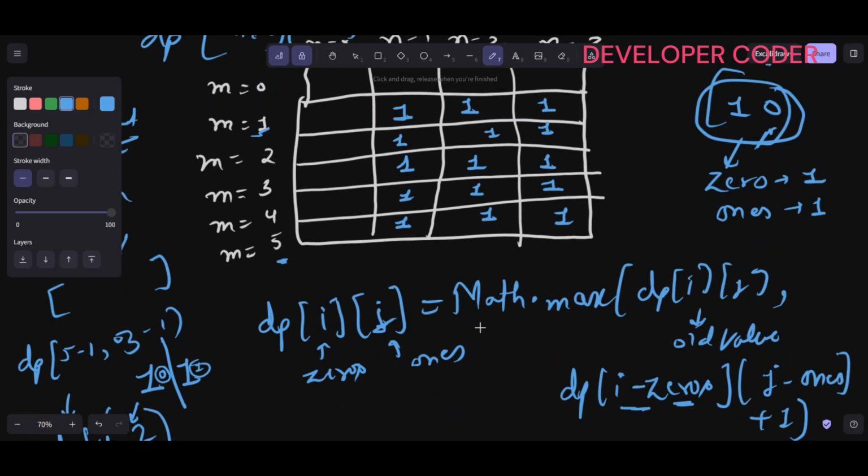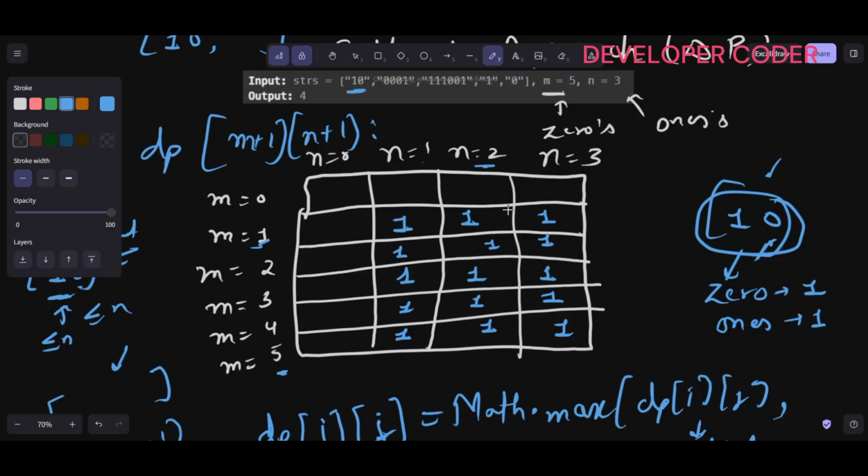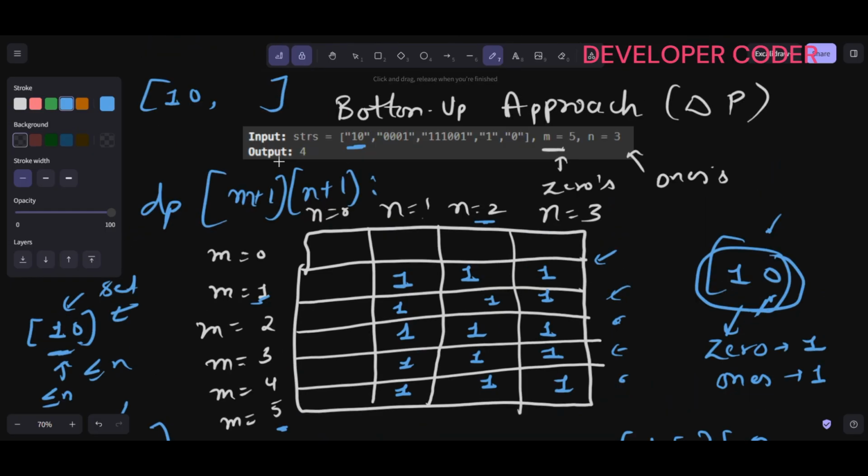So just don't get confused, just see how I filled these values, 1 1 1. This is clear, right? How I filled this. Okay, ignore the rest of the part as of now. Now after that, if I move here, so 0 0 0 1, I have the number of zeros as 3 and the number of ones is 1. Right, clear? Okay, now